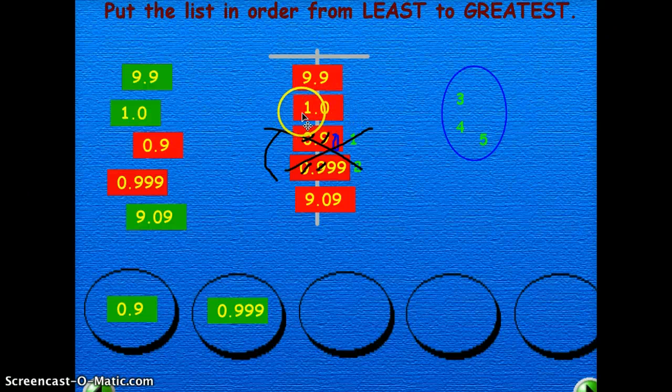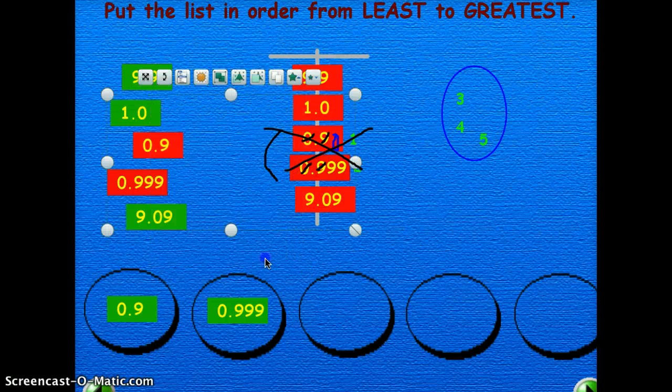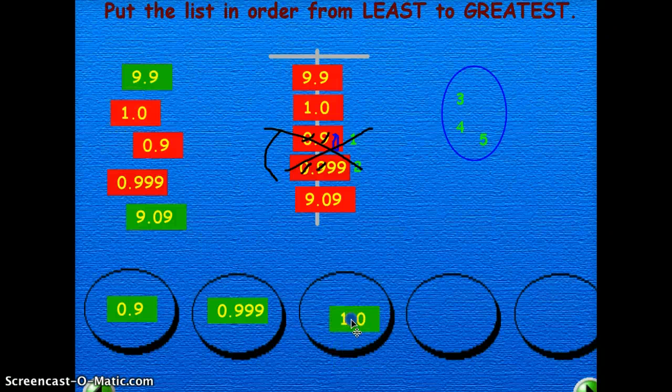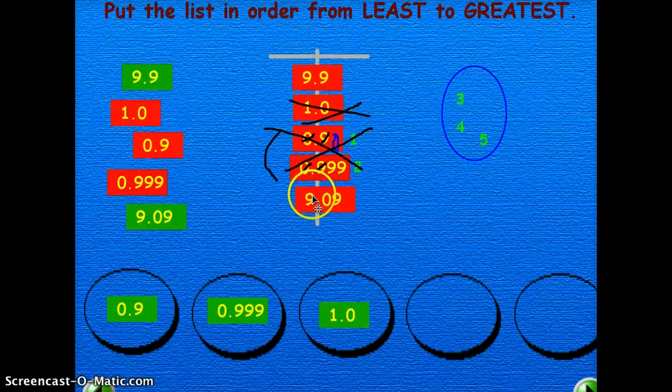I know right away that this one's going to be my third smallest because comparing 9 to 1 to 9, 1 is the only number that sticks out as the smallest. So I'm going to cross that one off in my list. Now I'm going to look at 9 and 9/10 and 9 and 9/100, and I'm going to use the same method. So I can cross off this 9 that they both share in the tens place,